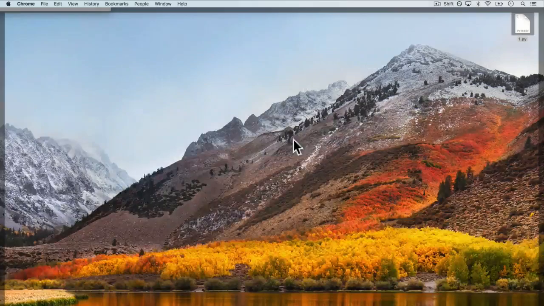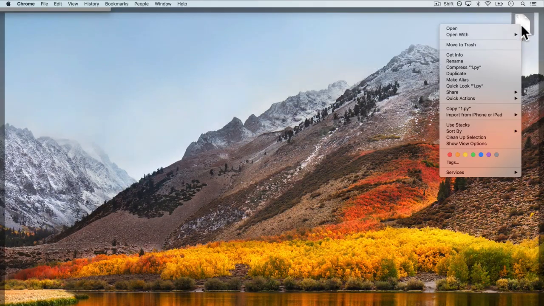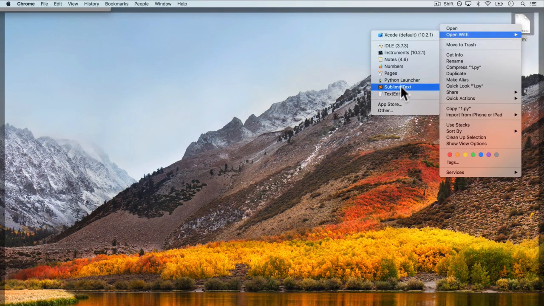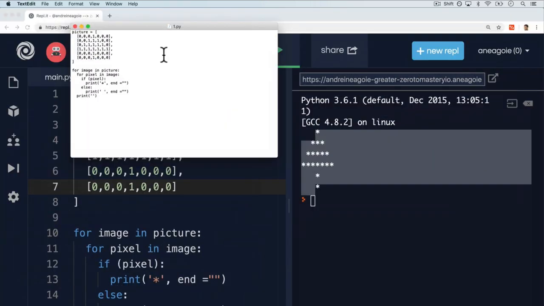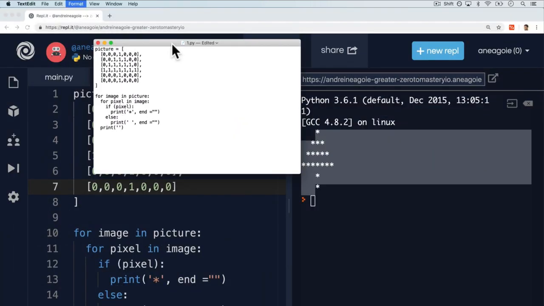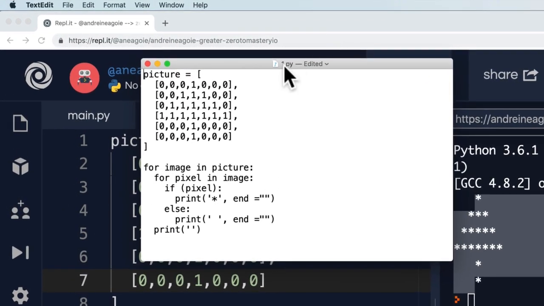Something like this. Here I have a 1.py file that I've just created. And in here, as you can see, we have our script that we had in our REPL. But I've just created it on my computer. It's 1.py. I can name it whatever I want. And usually a way a program runs, again, any type of Python program, any type of programming language,